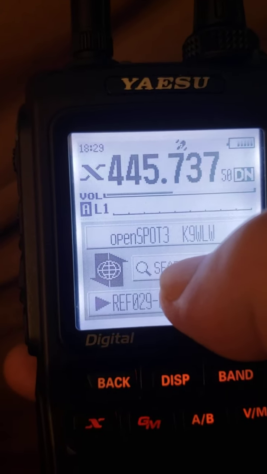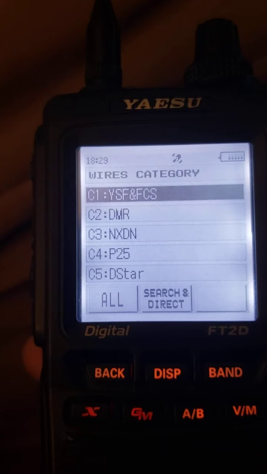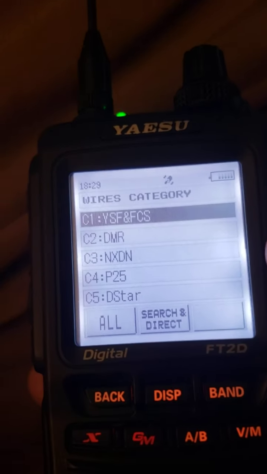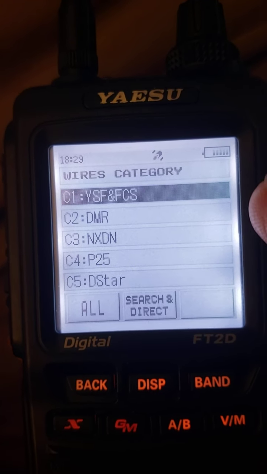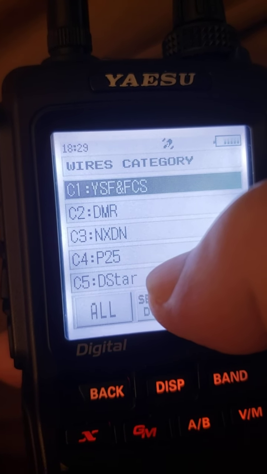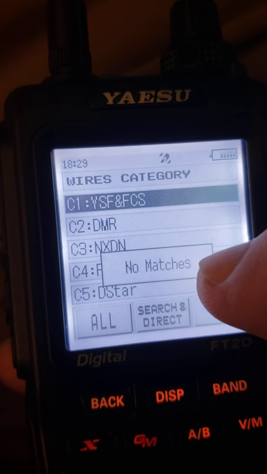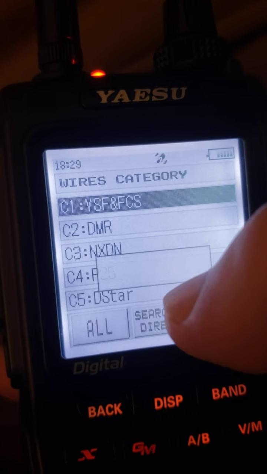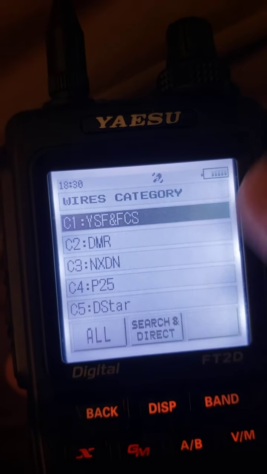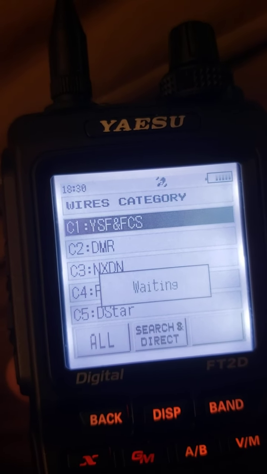Now, the problem, and I can't figure out why this is, and if anyone knows or has an answer to this dilemma, I'd be very pleased to learn if I'm doing something wrong. Okay, I stored a couple of D-Star reflector links in this C5 section. When I tap on it, it will not let me in. It says no matches. And I thought that would have been perfect for me to just QSY from one reflector to the other. It doesn't. It'll let me store them there, but then it won't let me get them and connect to them,